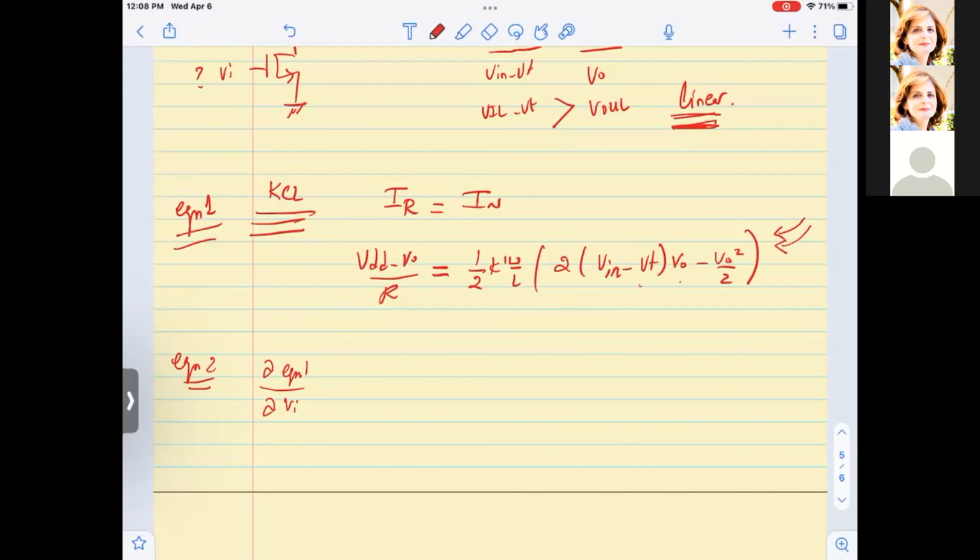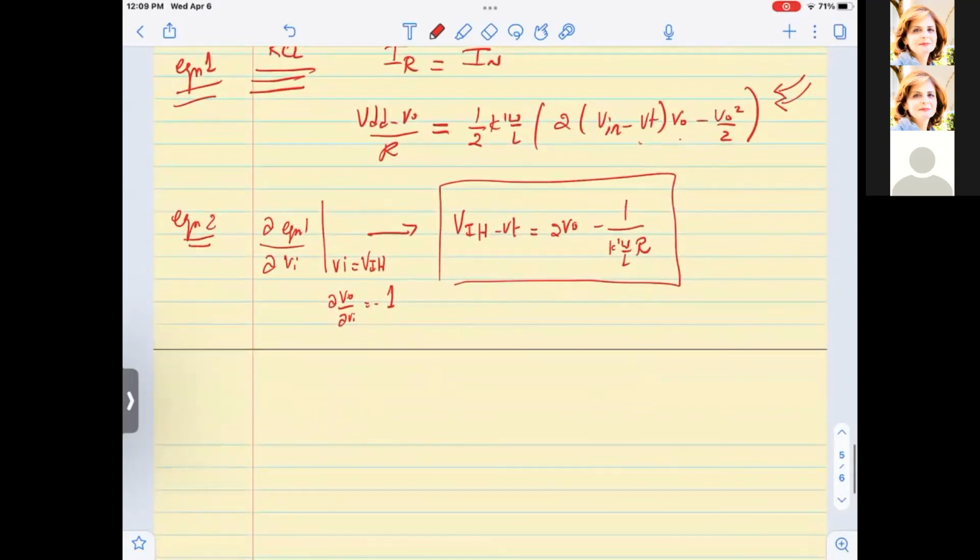But if we do the derivative and we substitute Vn equal to VIH and del VO by del Vn at this point equals -1, we will end up with a relation that shows VIH minus VT is equal to 2VO minus 1 over K prime W by L times R. This is the relation,